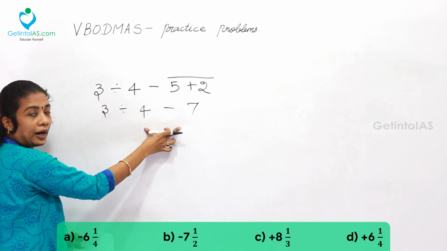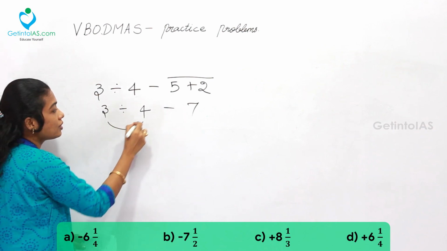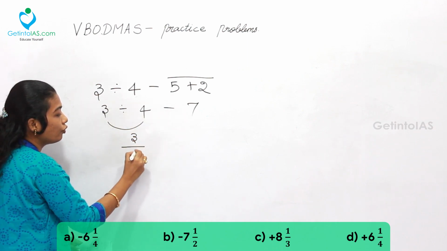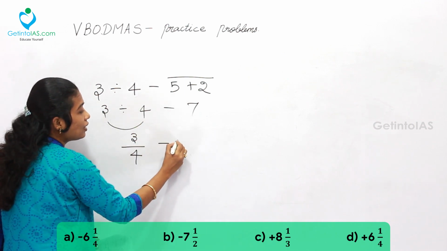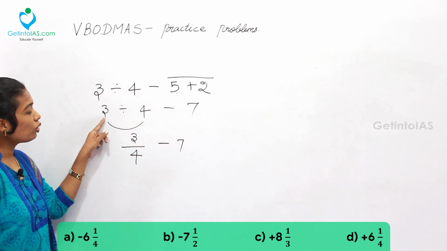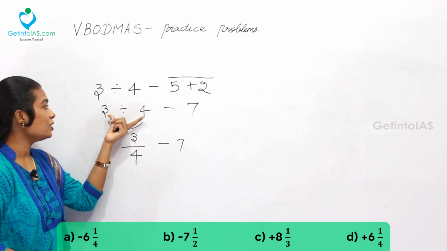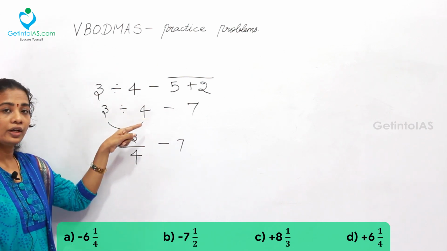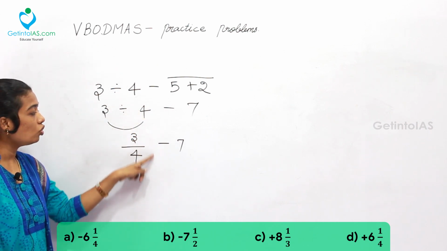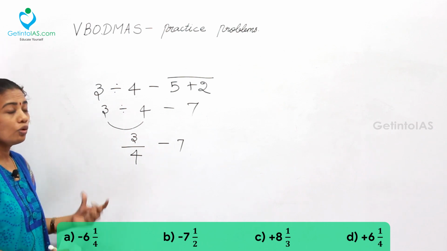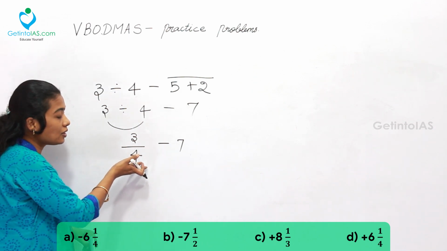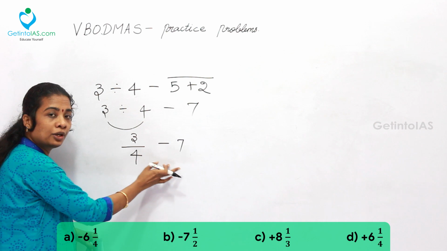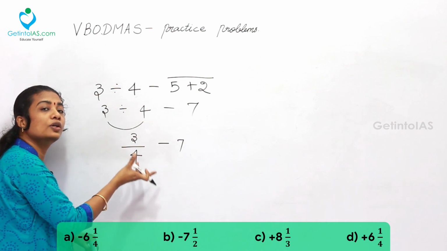So from this pattern, you want to solve this 3 by 4, then minus 7. Why have I taken it so? Because 3 and 4 are not compatible with each other. That is, 3 is not a factor of 4, or 4 is not a factor of 3. So you will be getting a fraction value. Now you can make the necessary process of converting the denominators to the same value. Then you can do the subtraction.